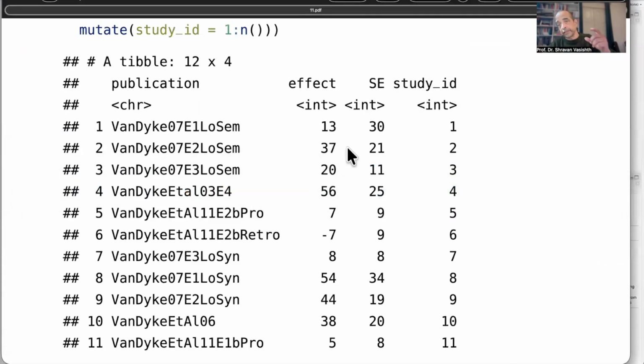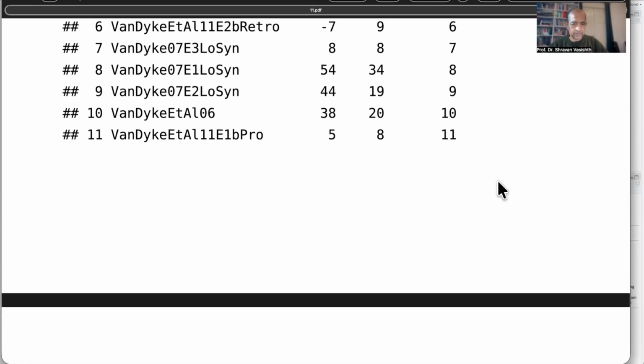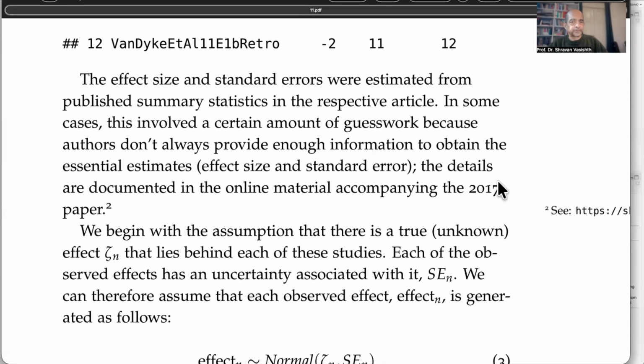But there are a few rare cases where even that information is not available. And then what one has to do is some guesswork by looking at the confidence intervals provided by the researcher. Those are, of course, very inaccurate estimates. So it gets messy if people don't provide enough information, and they often don't, or sometimes they don't. Okay. Anyway,